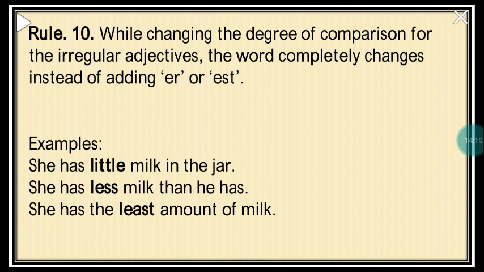Now we will have a look at making comparisons. The comparison of equality is expressed by the words as and as. When we say Suman and Kanika are tall, how can you compare both of them? You can say Suman is as tall as Kanika. Then we can also use not as or not so as. Raman is taller than Pia. So you can say Pia is not so tall as Raman, or Pia is not as tall as Raman. So there are two ways of doing that.